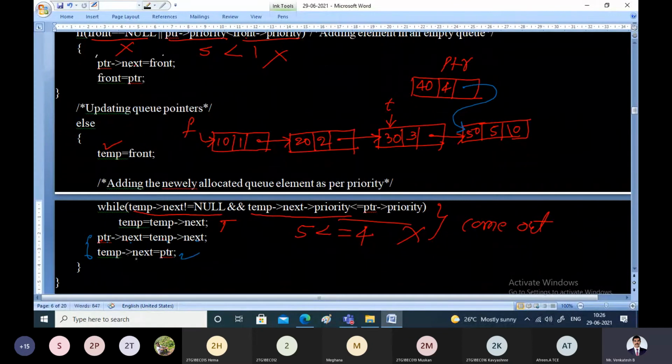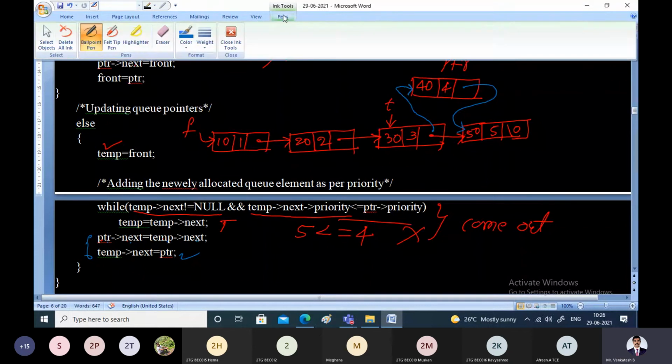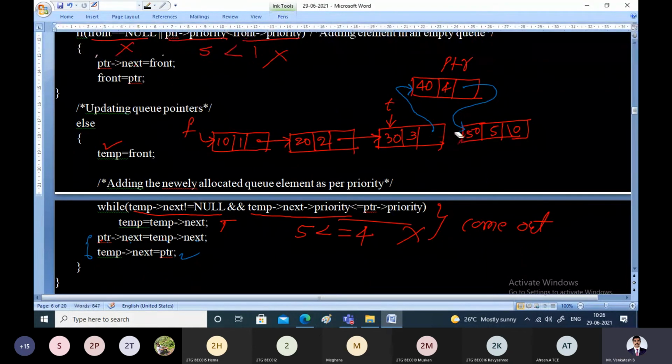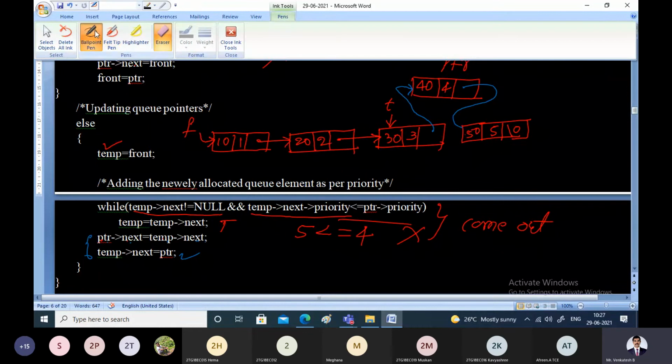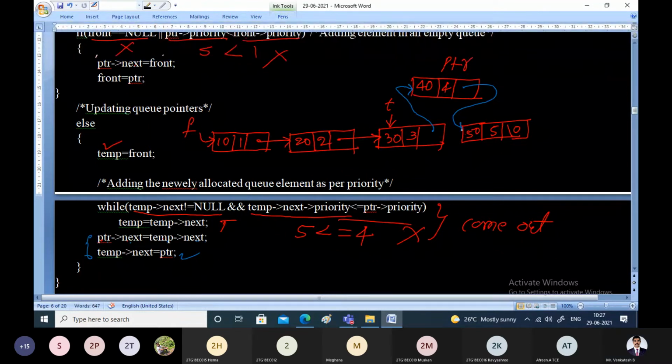Next statement, temp pointer next equal to PTR. Temp is pointing to this node, so temp pointer next will point to PTR. So we have successfully inserted node 40 into the list based on its priority.